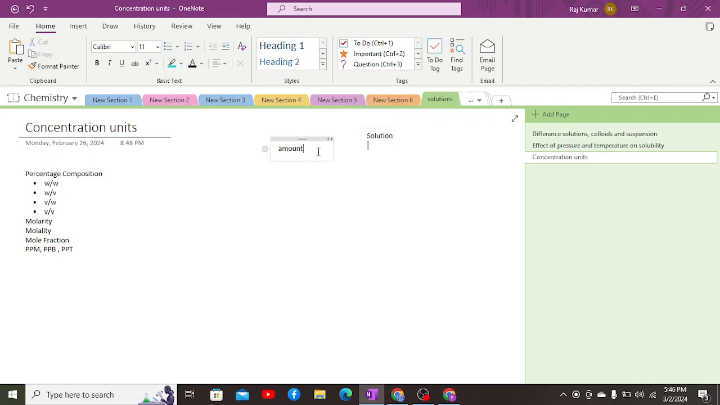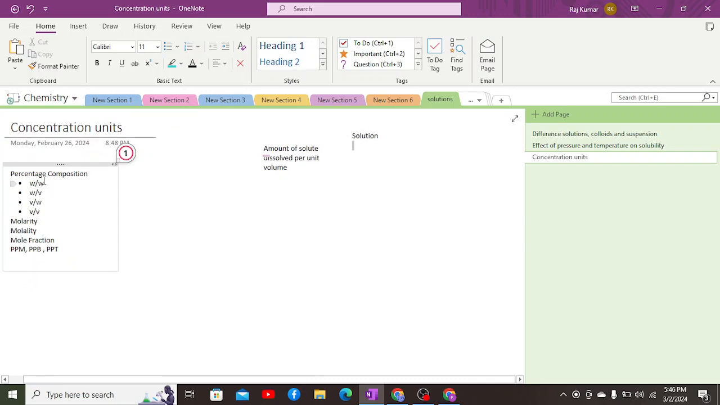We can define concentration as the amount of solute dissolved per unit volume of the solution, or the amount of solute dissolved per unit decimeter cube, or per unit centimeter cube of the solution, right? So, per unit volume of solution. Now, the unit for concentration can vary based on different concentration units. First, a concentration unit which we are going to discuss is